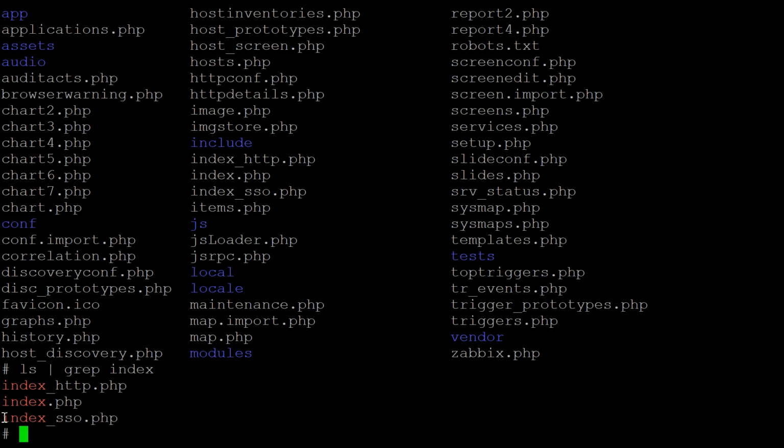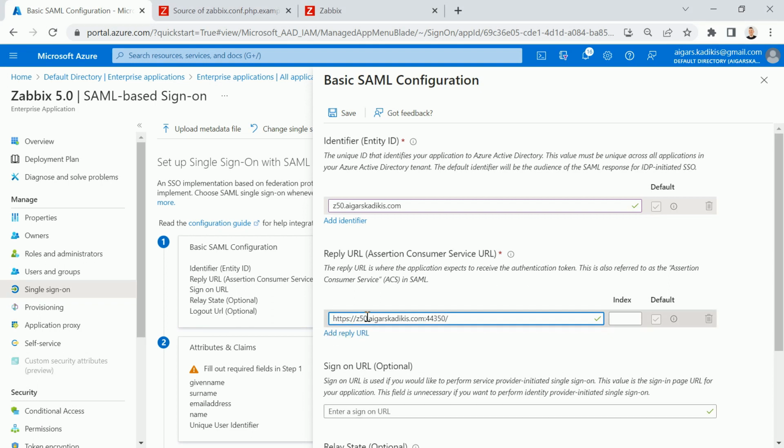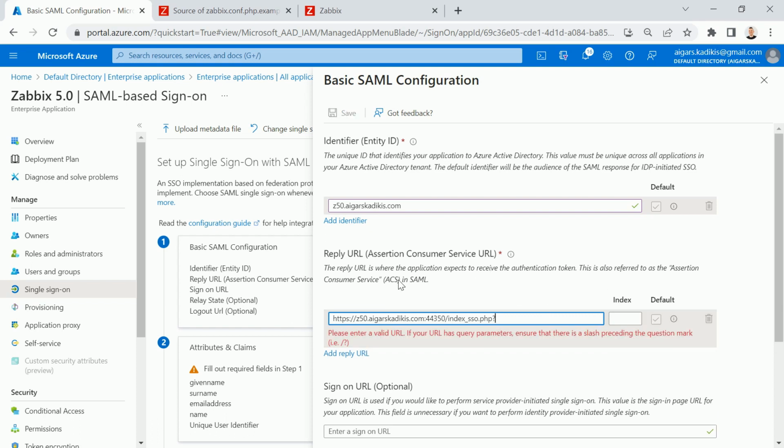And actually, I need to copy this to the clipboard. I will go to this website, and then in the root of the front end, just put this file. And there is also a trick which must be implemented. We need to put a question mark over here, and then like here,